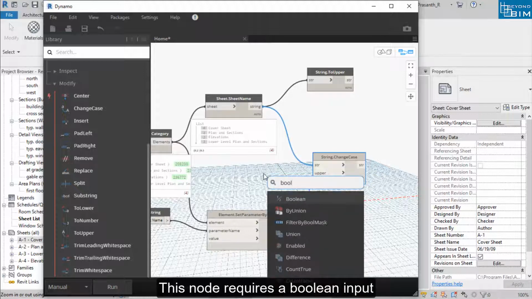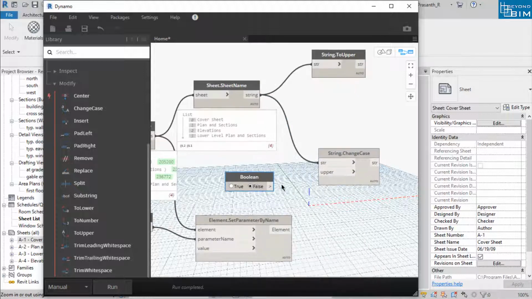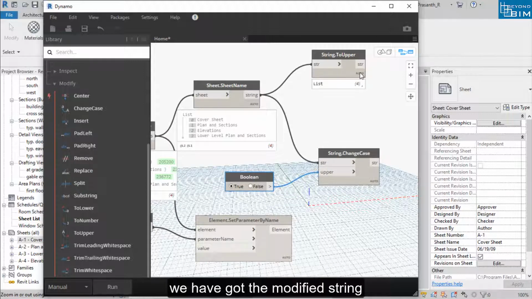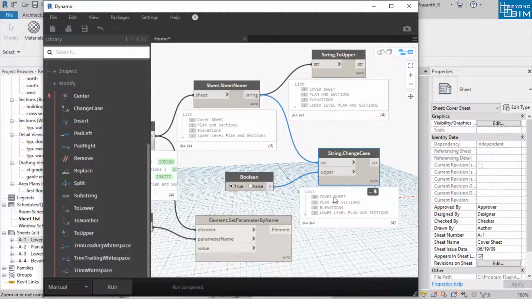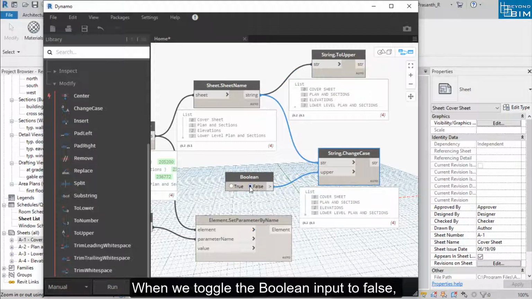This node requires a Boolean input. We have got the modified string. When we toggle the Boolean input to false, the text is changed back to lowercase.